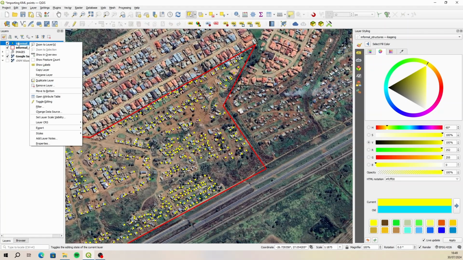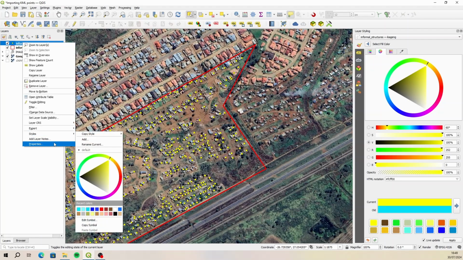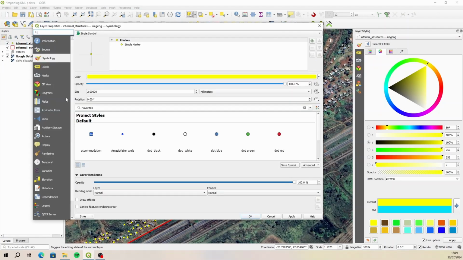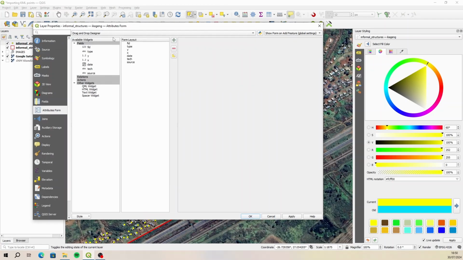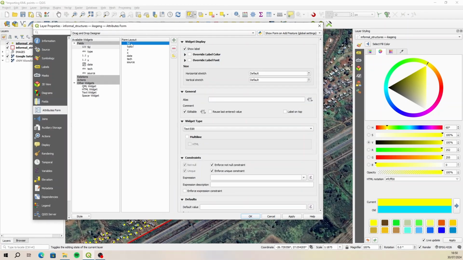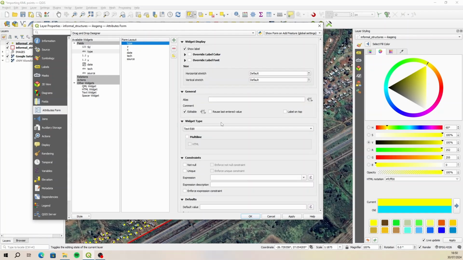So if we go to the properties of the informal structures for Ikageng, we'll go to properties. We're going to open up the attributes form, and I'm going to create a new form with the drag and drop designer. The FID is an automated thing, so I don't need to change it. I'm just going to remove that. The type by default, so what is this? This is okay,